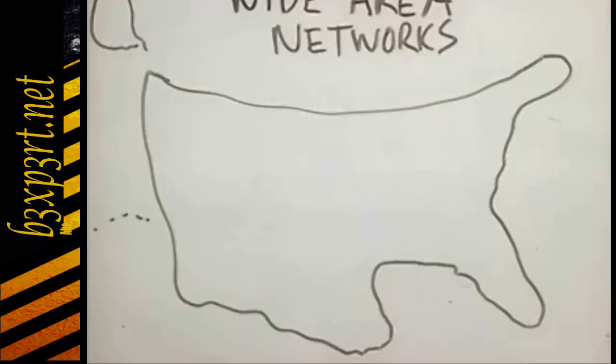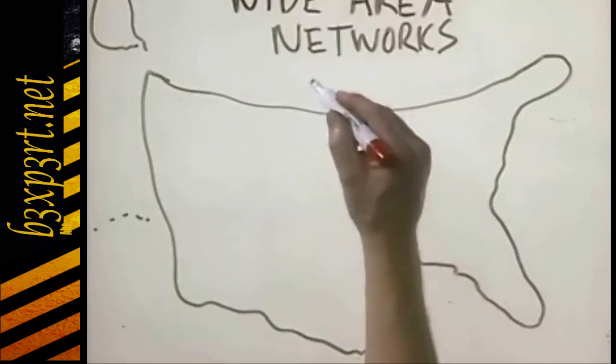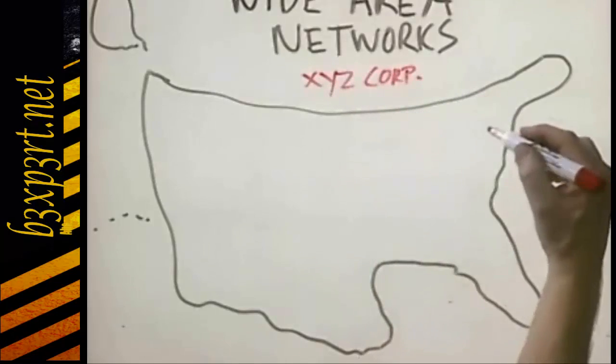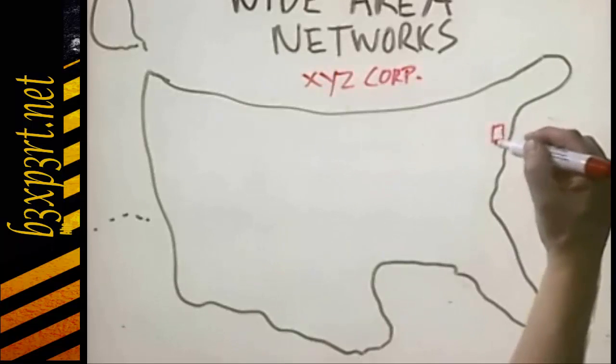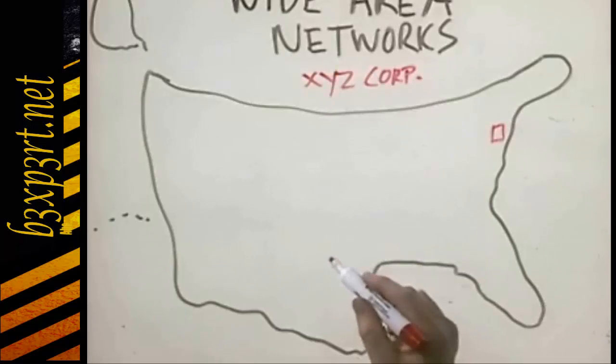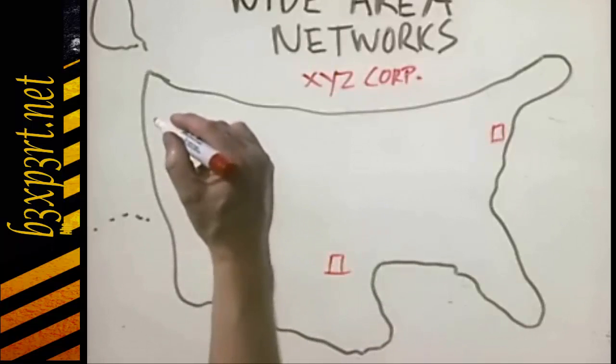Now, it's also possible to have a computer network where the networks and the hosts are very widely distributed geographically. When we have that situation, we're talking about a wide area network. Basically, a wide area network is a group of interconnected LANs, local area networks, that are separated geographically. For example, suppose we have a company named XYZ Corp. XYZ has an office over here in New York City. They have a local area network. This company also has an office down here in Houston, Texas,